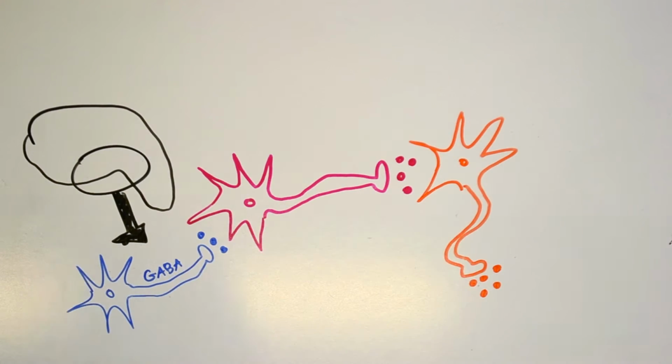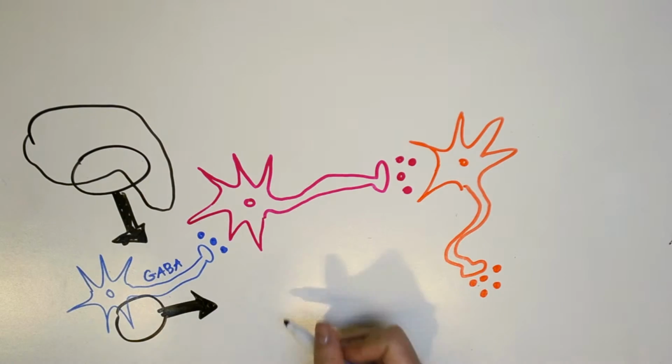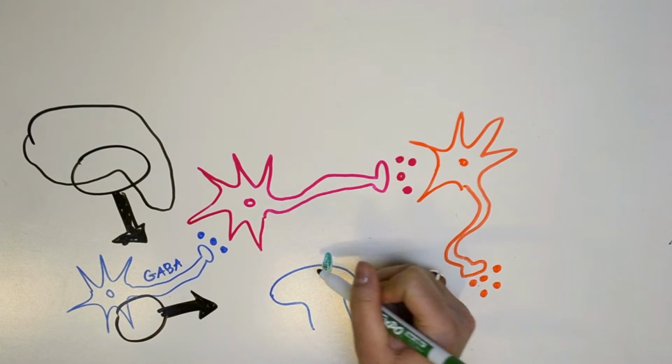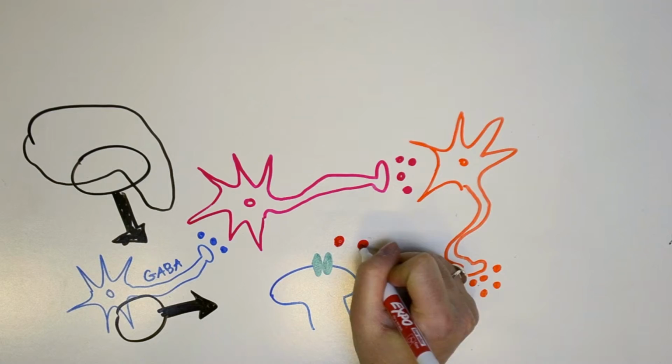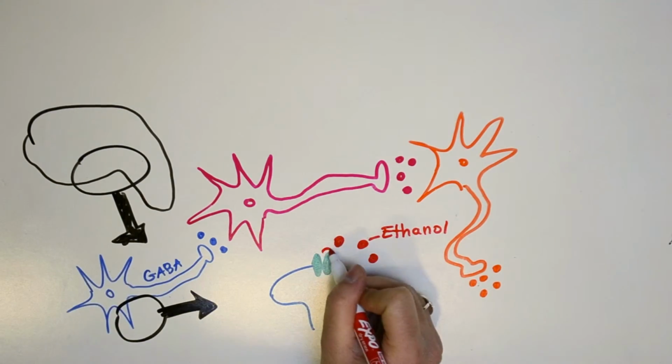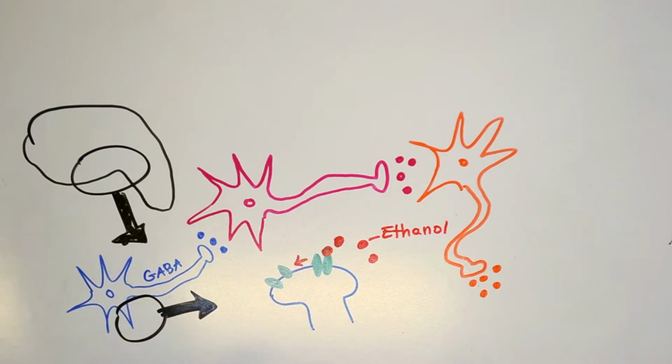So the effect of GABA is to reduce the rewarding sensation you feel because of the reduced amount of dopamine in the brain. The way that neurotransmitters like GABA and dopamine act is by binding to the proteins on the neurons called receptors. Alcohol molecules can hijack this process by also binding to these receptors.